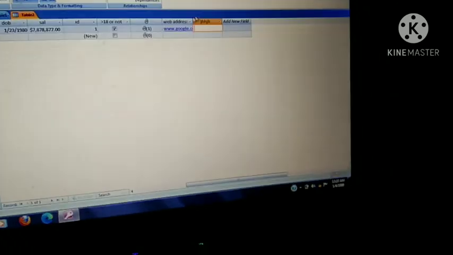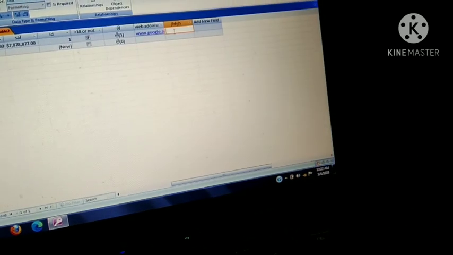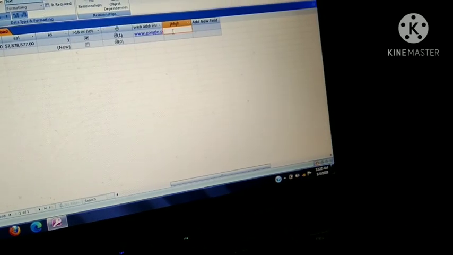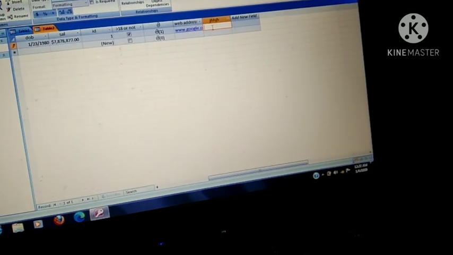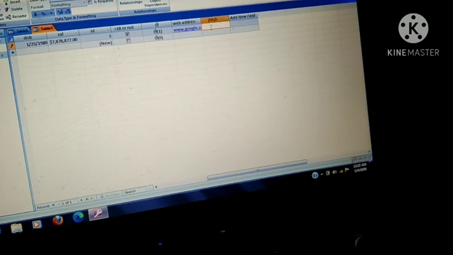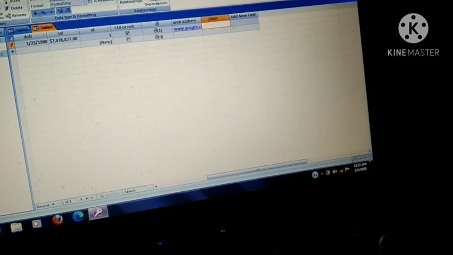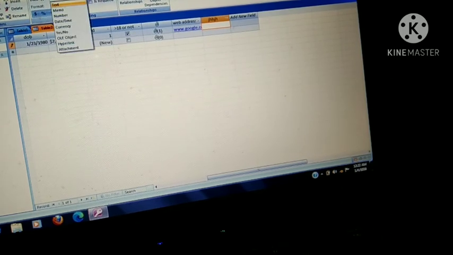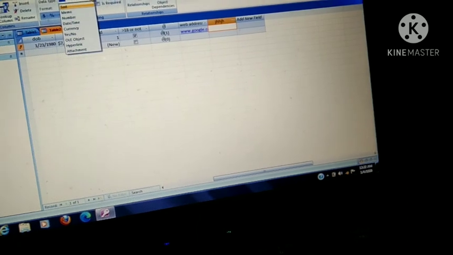Okay, next data type is your lookup wizard. Lookup wizard is for taking data from some other table. Okay, so in this manner we are creating our table by using all the data types. So what data types have we learned till now? Now we discuss the different data types, and here is a list of all the data types. You will check one by one.